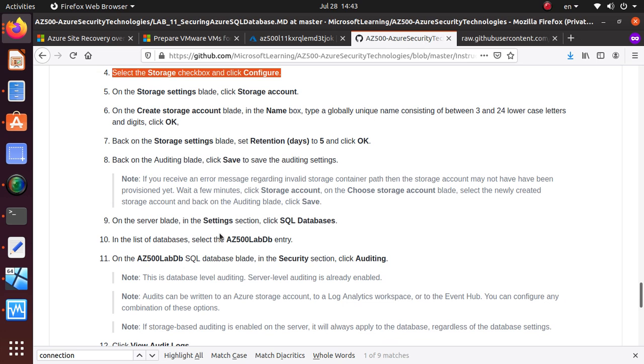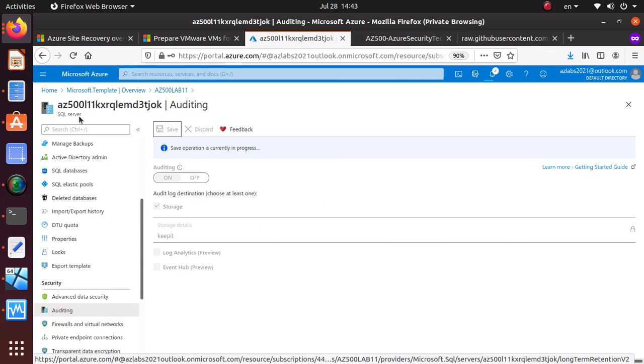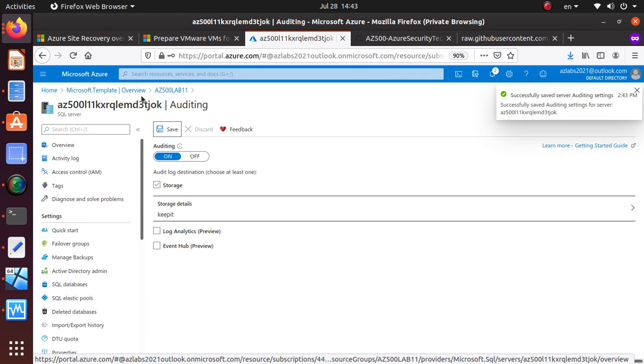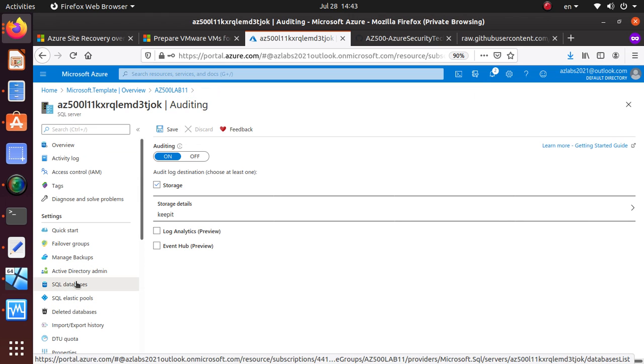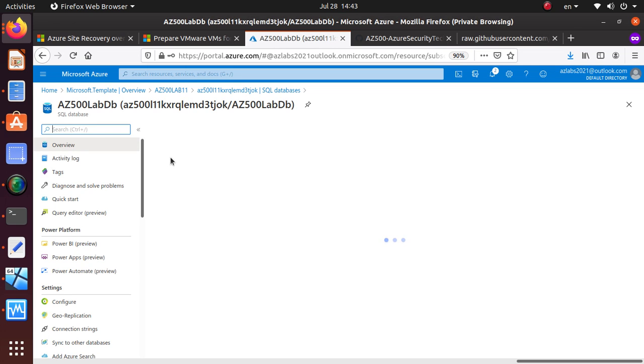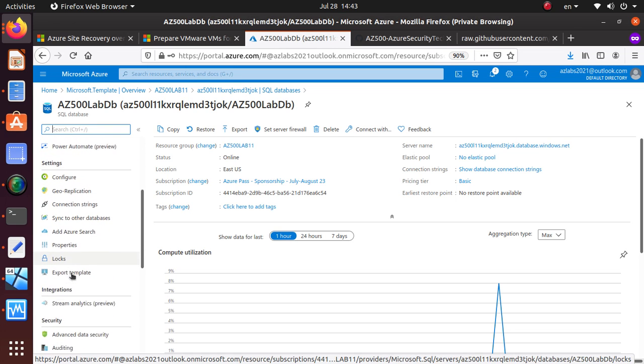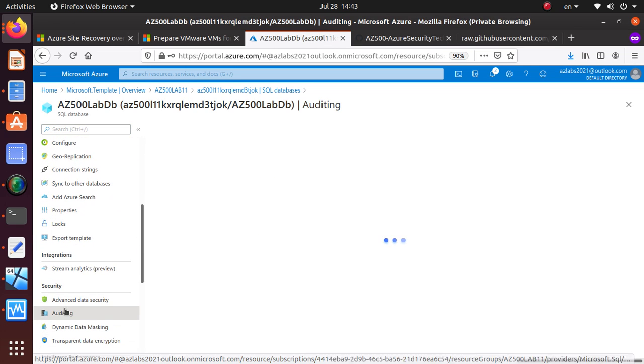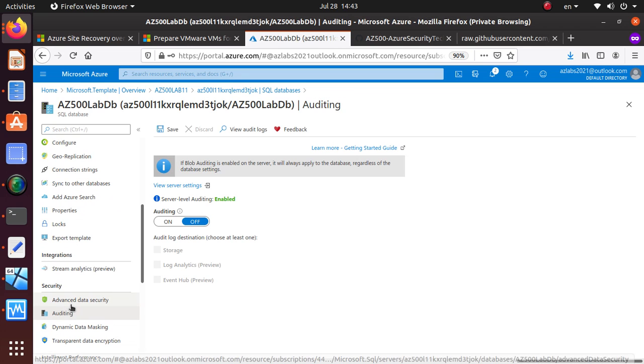On the server blade, on the settings, click on the SQL database. Let's go back again, server blade, overview, okay, SQL database. Let's go down to the SQL database, and from here under security, we should have another auditing. So this is the auditing. Let's see if it's enabled or not. This is not enabled, so